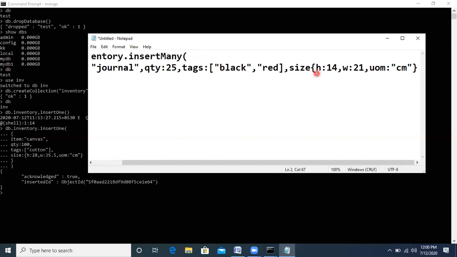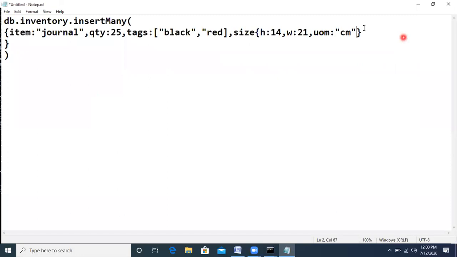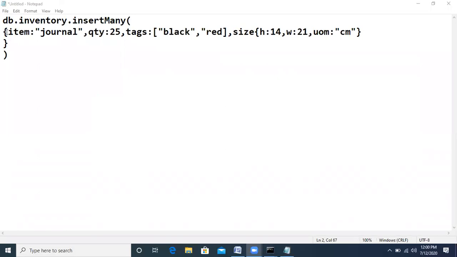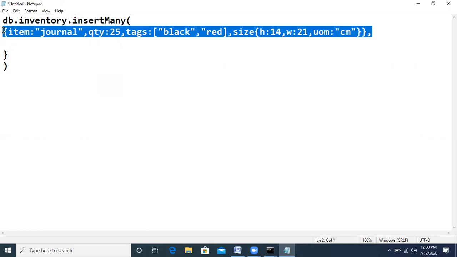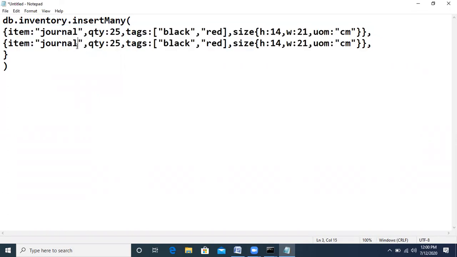I have opened this bracket and closed it over here. Similarly, we have one opening bracket over here, so we will close it here, and then we will type the second document. Let us copy this for saving time, and we will change the values. So change the value of this item. Let us make it matte, and its quantity change to 85.